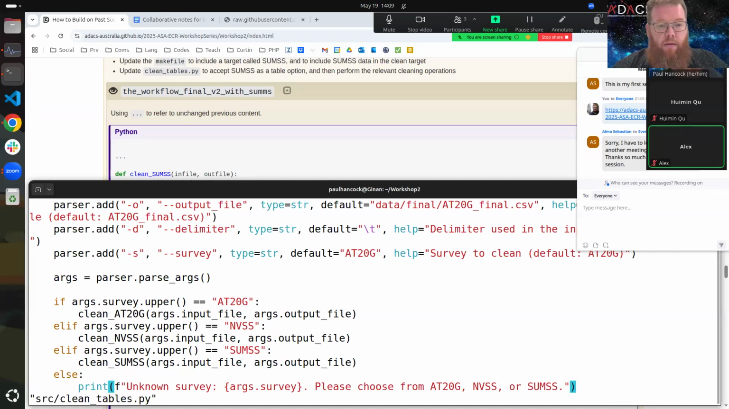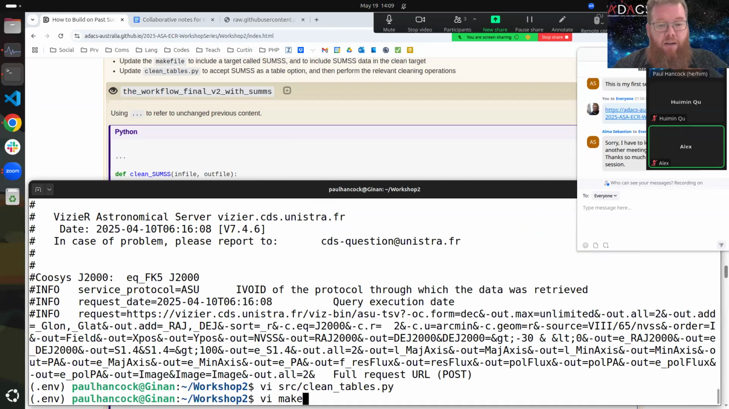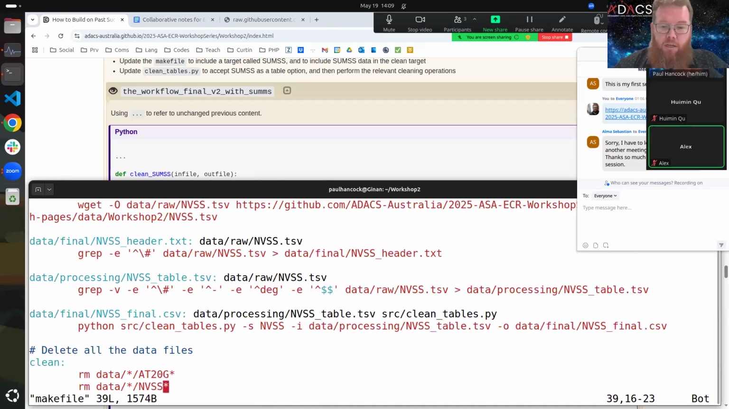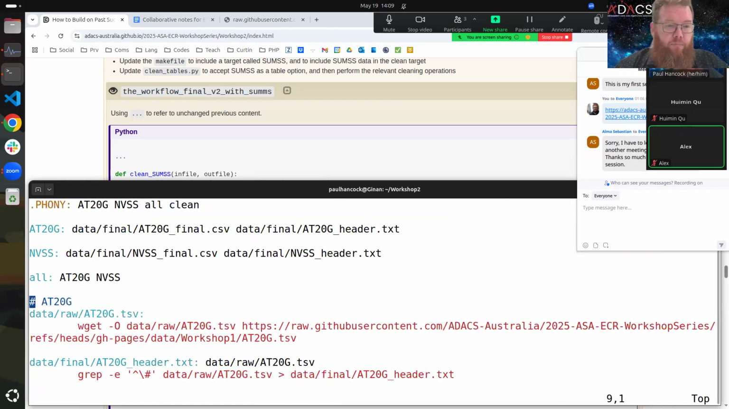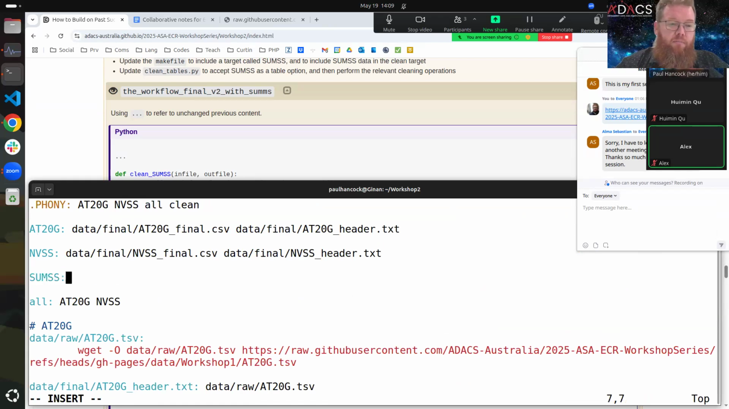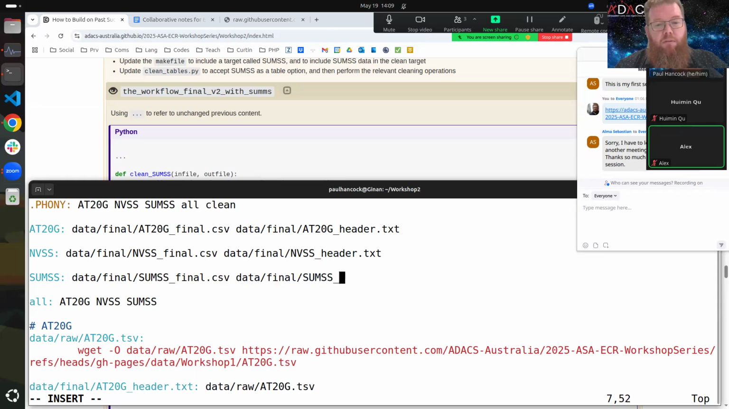Save that. Of course, we need to change our make file again. So this time, the make file, we're going to add another section here, which is going to be sums. And we're going to tell it that that is phony. And then all means that we do all three of these. So what's this going to look like? Data final sums final .csv, data final sums